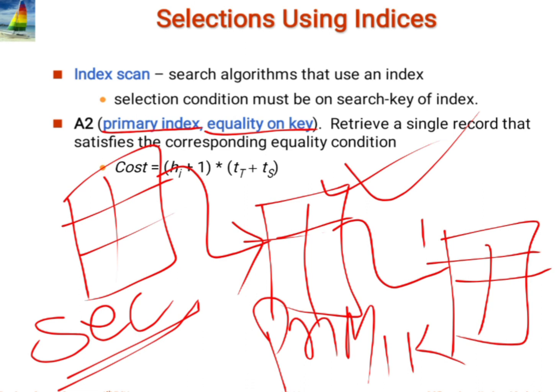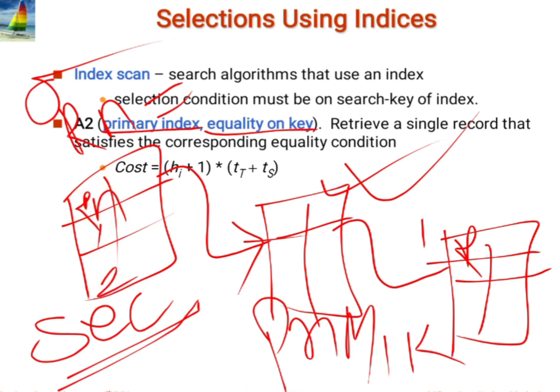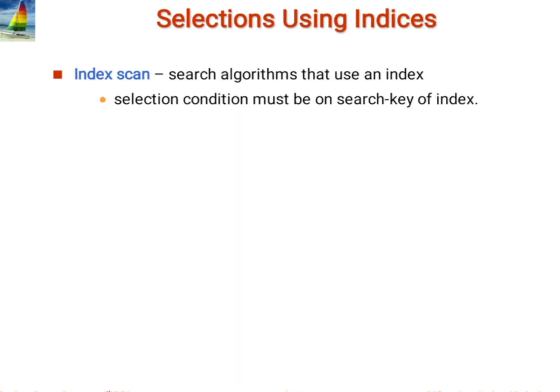Mean to say, if I am writing a query, select roll number equals to, here also I am having roll number 1, 2. The screen is very small, I can't elaborate this on the screen. The primary index is nothing but, this index points to the records. Let me clean this so that I can make it clearer.